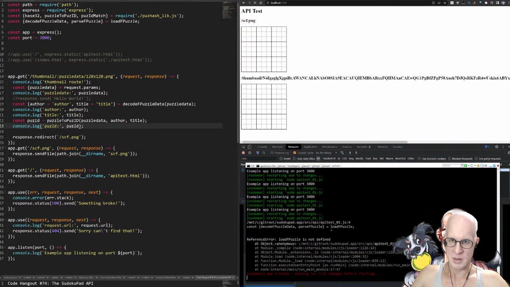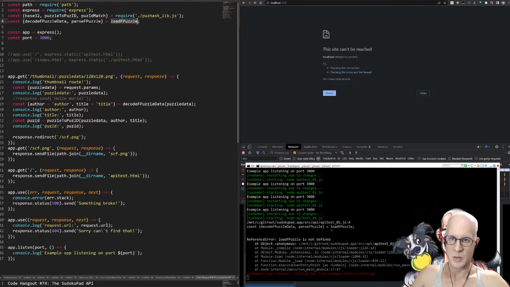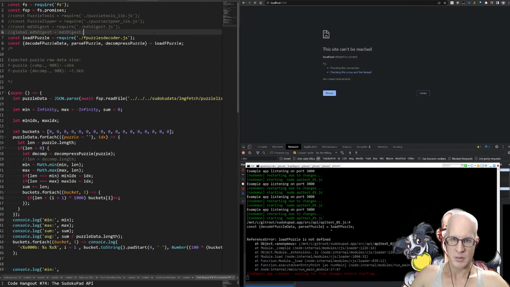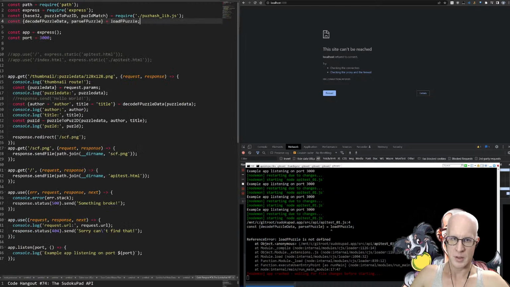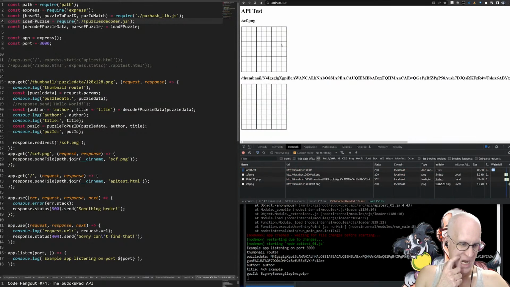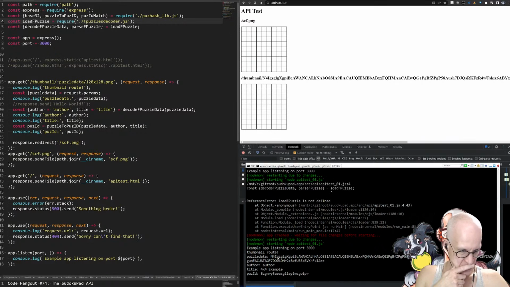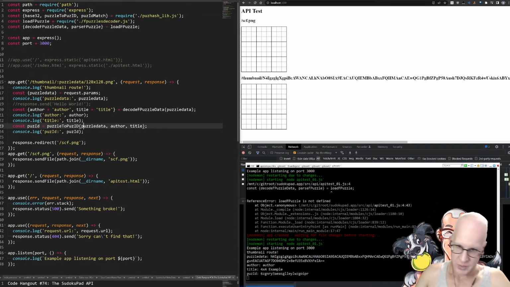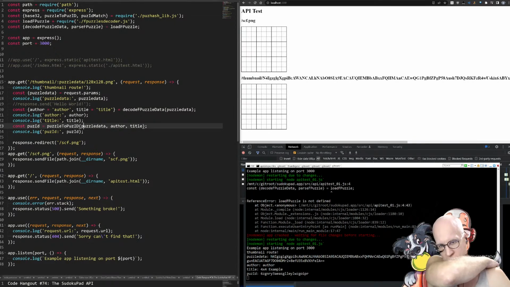Load fpuzzle is not defined. Oh. It comes out of here. We just did another test where we used that with the right paths and all that. All right. Here we go. So puzzle data, author, yeah. Okay, so the decoding worked. And we have a puz ID. So now we can redirect to